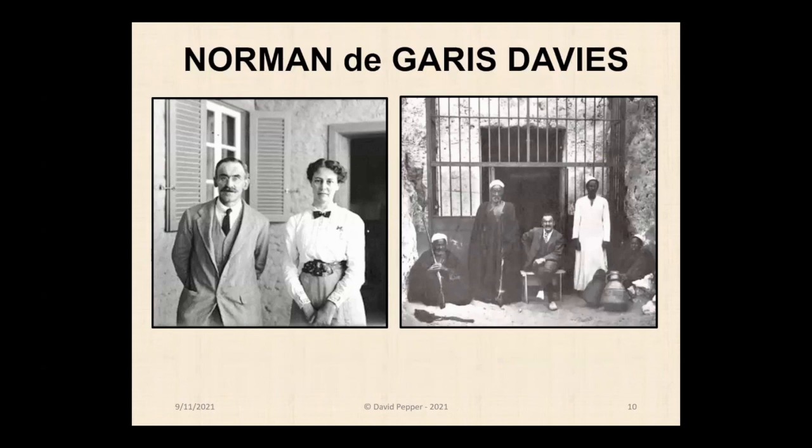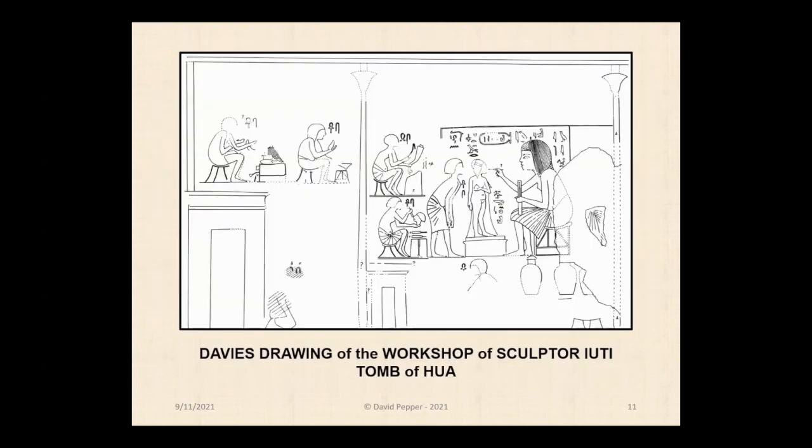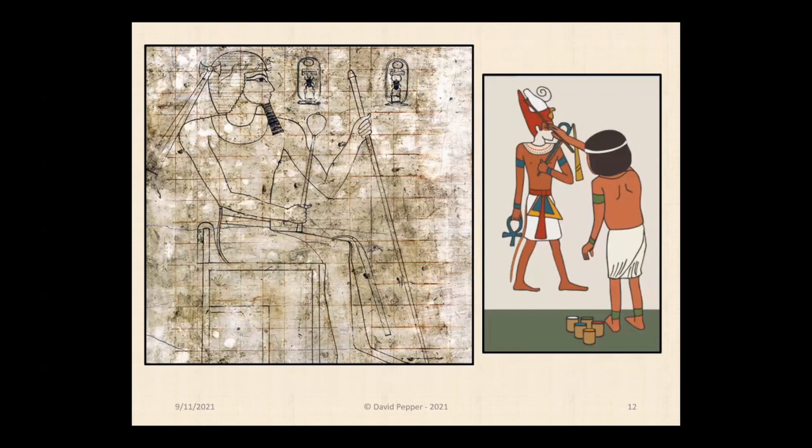Norman de Garis Davies, shown in the left photo with his wife Nina, were a husband and wife team of illustrators who copied the paintings in Egyptian tombs in the early 20th century. The photo on the right shows Davies and his workmen sitting in front of one of the Amarna tombs. Davies' drawings were especially accurate, having used a wooden frame with string grids placed in front of a wall painting, which was then copied onto gridded paper sheets. In a way, he was reversing the process the ancient Egyptians used to paint the very scenes in the very first place, like this unfinished scene of Thutmose III.